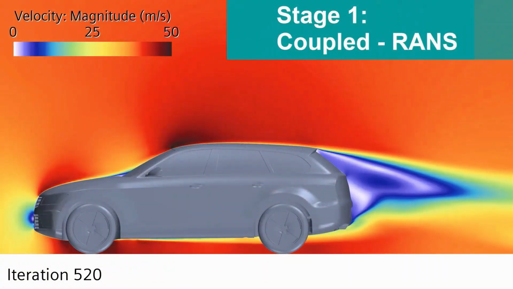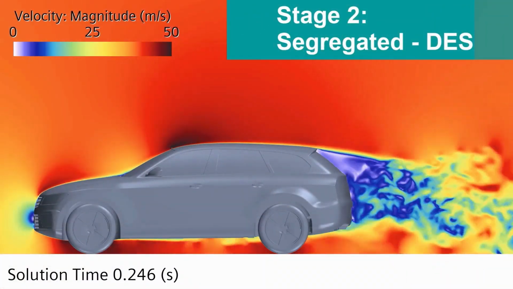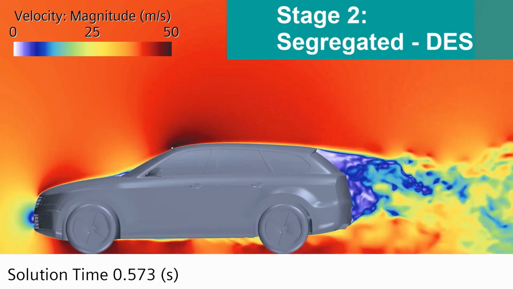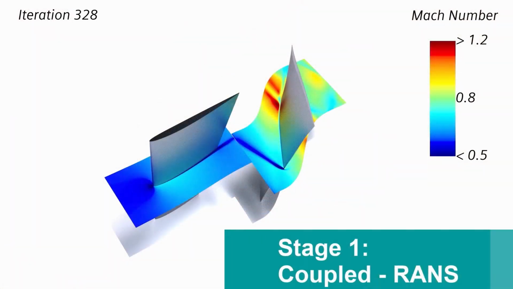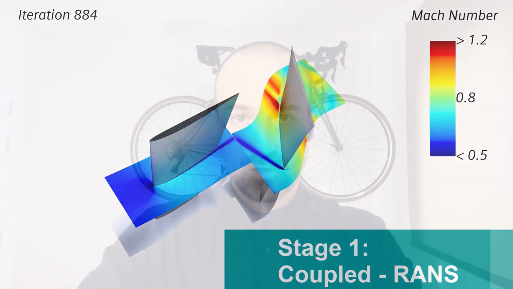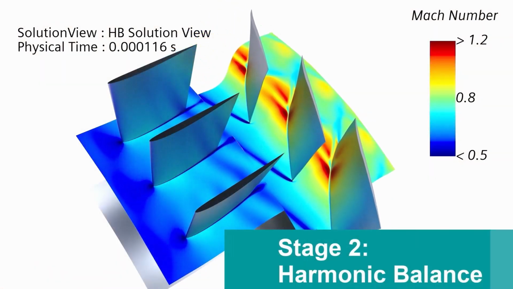As I mentioned before, now you have the flexibility to choose any type of solver you want and select it within one or multiple stages. The other major functionality we are unlocking is, for example, for turbomachinery workflows. So you can have a first stage where you run a RANS, Reynolds Averaged Navier-Stokes stage, and then you want to switch to a more advanced harmonic balance simulation. So you can do that with stages now.